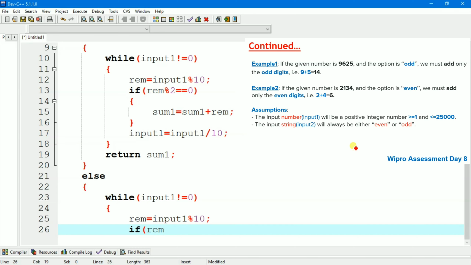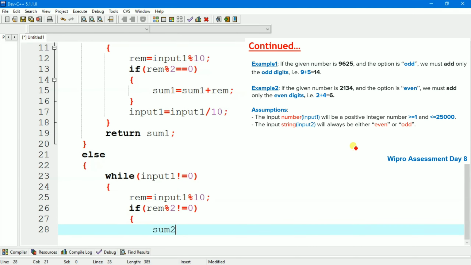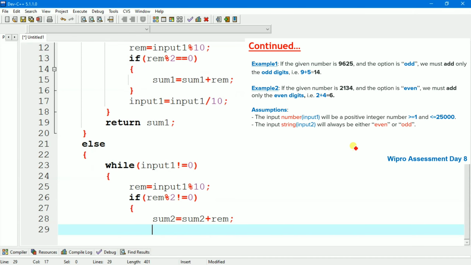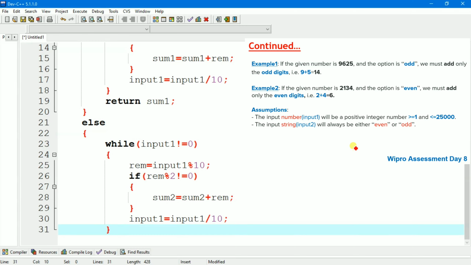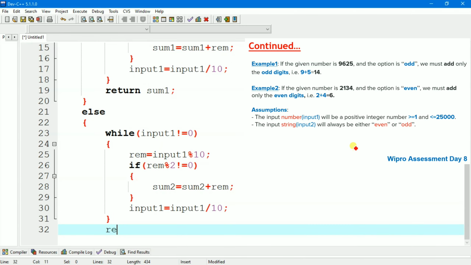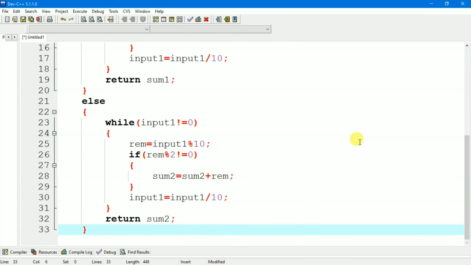If remainder modulus 2 is not equal to 0, we will perform the operation sum 2 equal to sum 2 plus remainder. After that input 1 equal to input 1 divided by 10. Now we will close the while loop. Now we will return sum 2. Now we will close the else block.